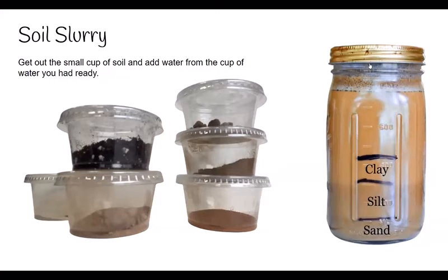Let's take a look. Does everybody have their little container of soil with them? It looks like this. It's like a little cup and it's got soil in it. If you want to take the top off of that,